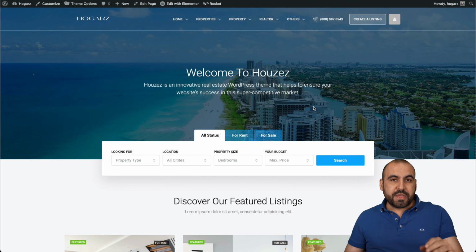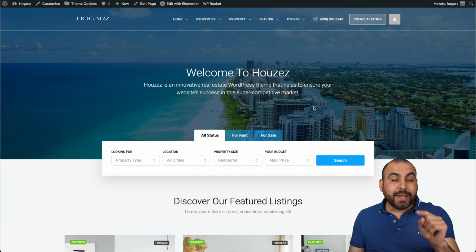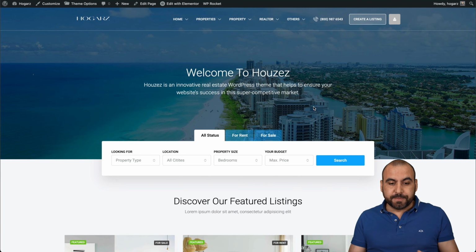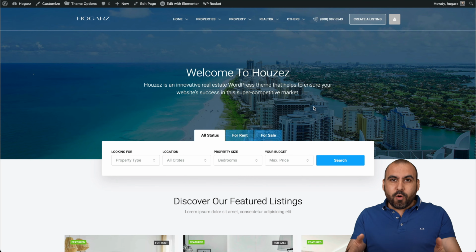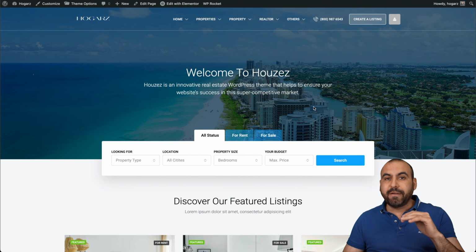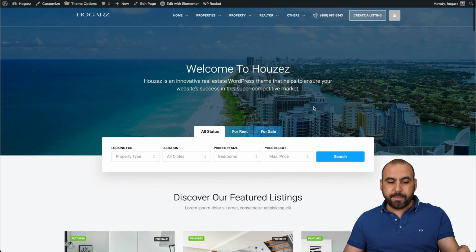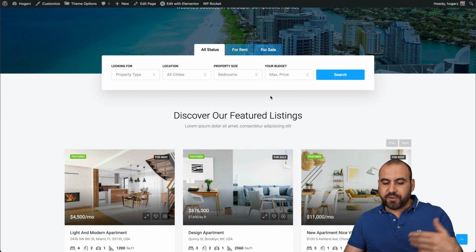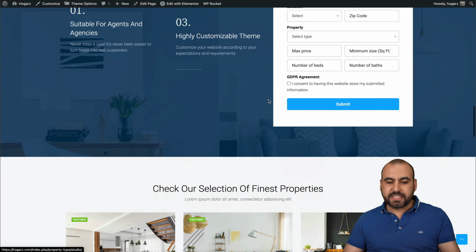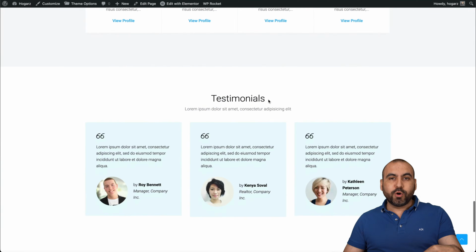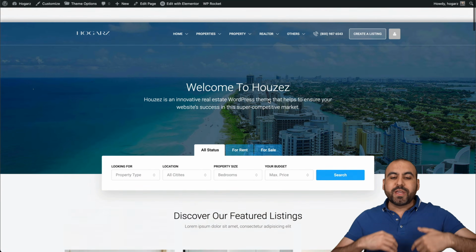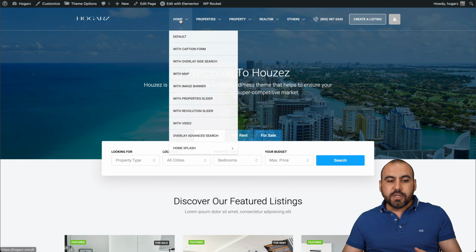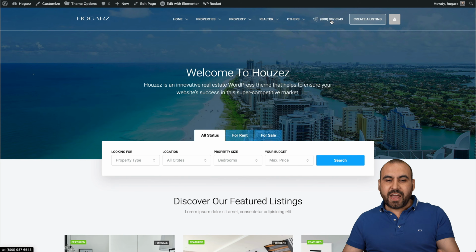I've already loaded the theme on this site, and you can go ahead and test it in the link in the description. Now, I've loaded in a demo and it looks fantastic, and they have several demo templates that I'll show you in a bit. Now, you have your search bar for the properties, locations, for rent, for sale, etc. It's super nice looking, and we can even import the demo with all this information and we can tweak it later, okay? So different situations that we can take advantage of.